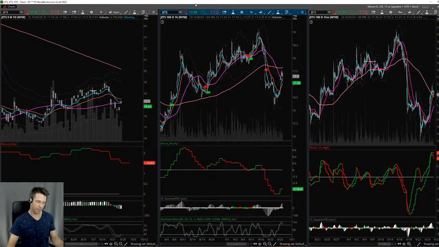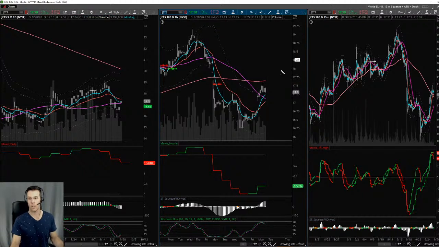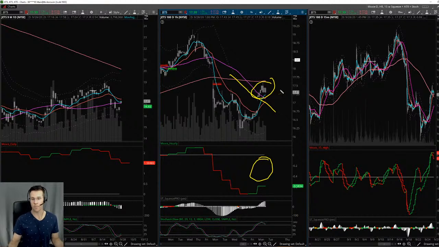Same here. We've got a completely mixed bag, to be honest, because right here, this is what I call a trampoline move on the daily, but we still have the 8 below the 21, and similar to the market and what I've been talking about, this actually looks like a shortable area. Price is over a downtrending hourly 50 and the Moxie indicator is still below 0. That looks to me like a shortable area. Now, I don't know if there's much traction. Price might go from here to here, and then that's it, because that's a double bottom. But right now, it does not look like a long to me.